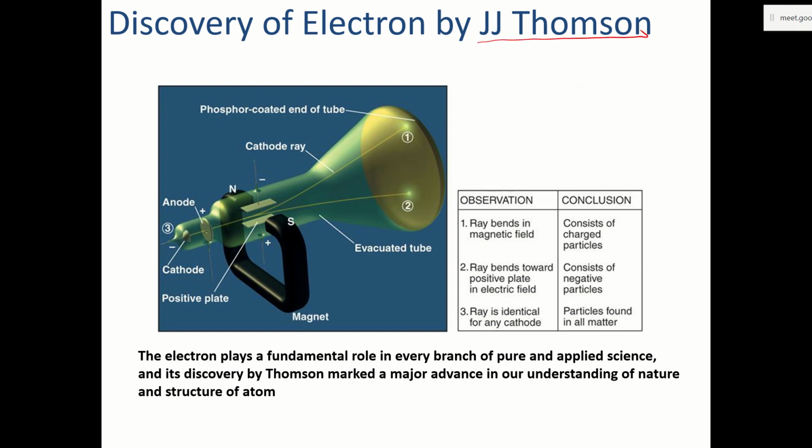J.J. Thomson was the scientist who discovered electrons. How was it discovered? If you look at the picture,